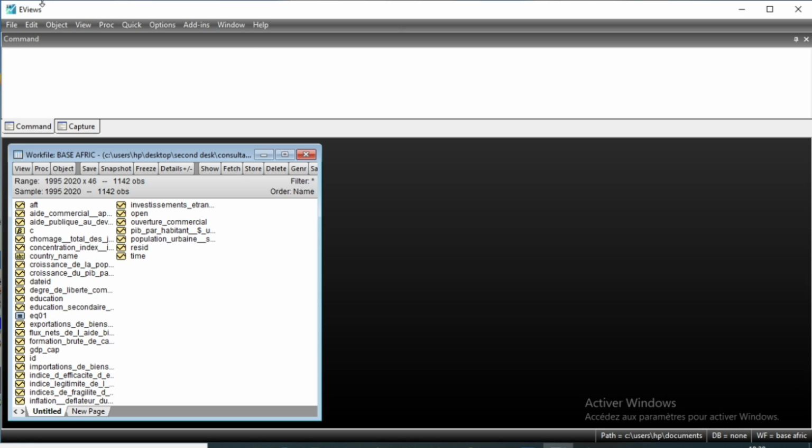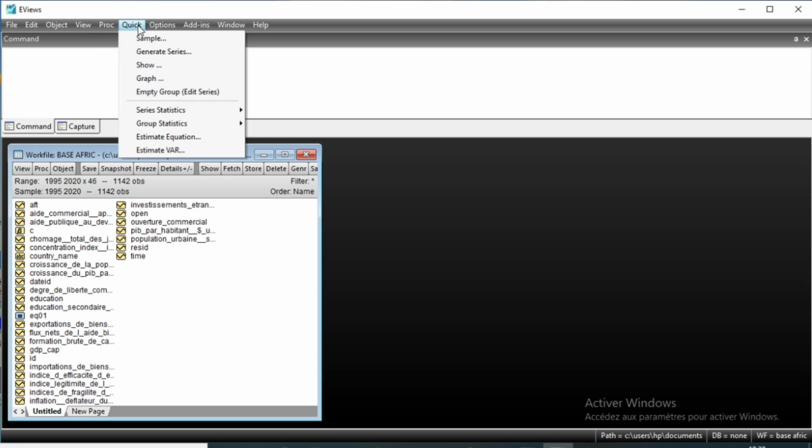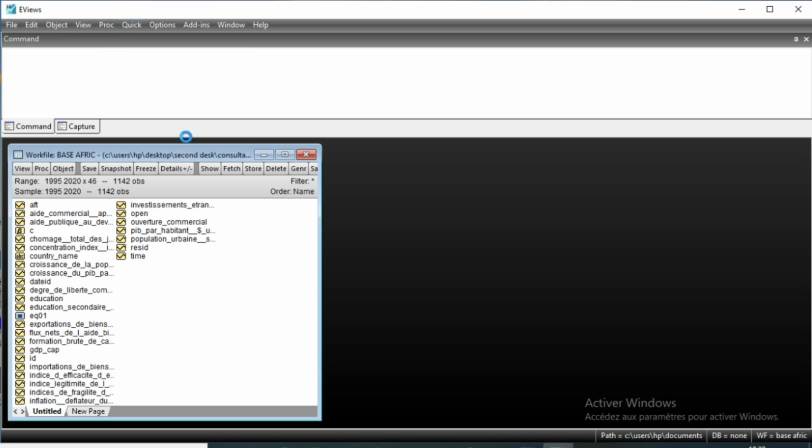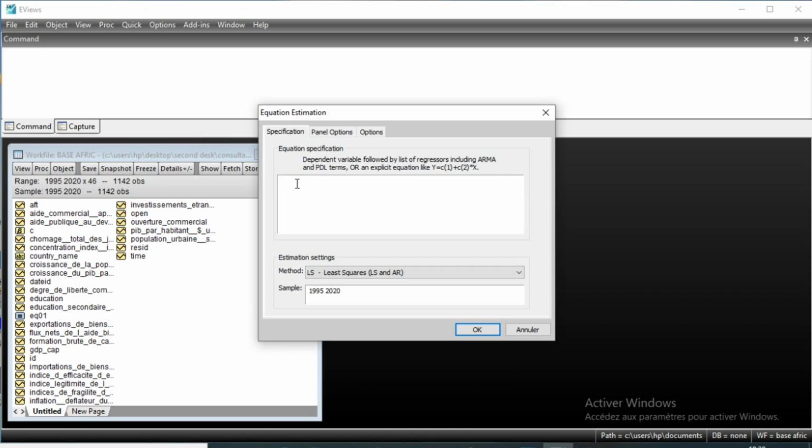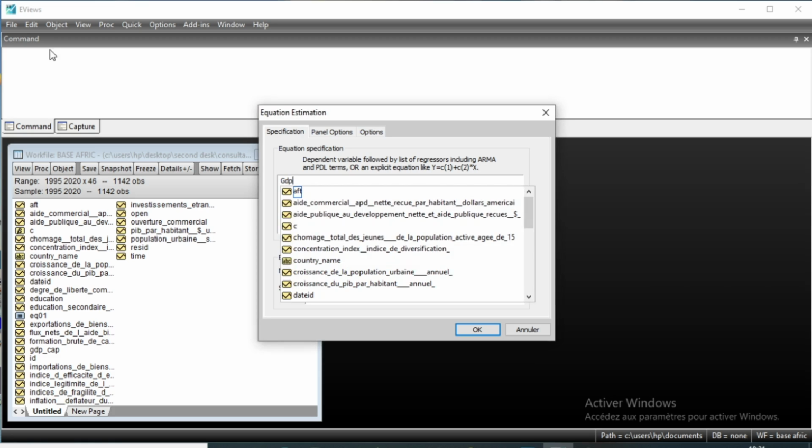So coming back to our generalized method of moments in Eviews, it is an instrumental variable method that is used to run a dynamic panel. To run a generalized method of moments, we just need to go to Quick and then click on Estimate Equation. My dependent variable here is GDP per capita. So I'll select my variable